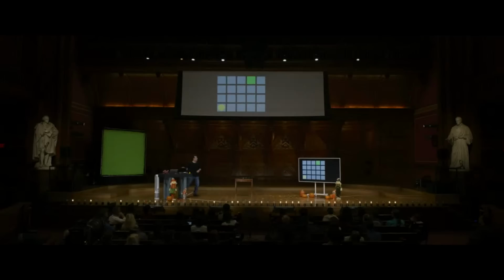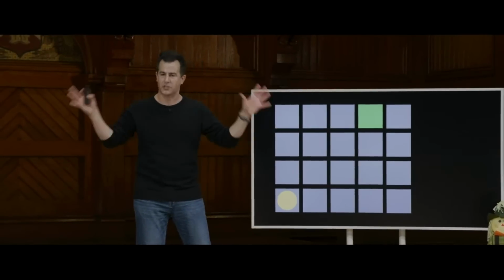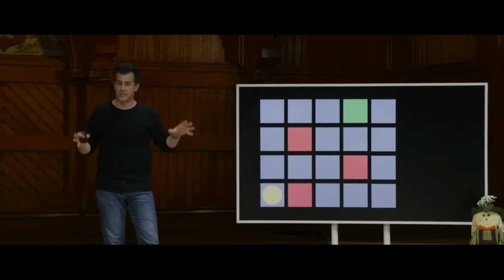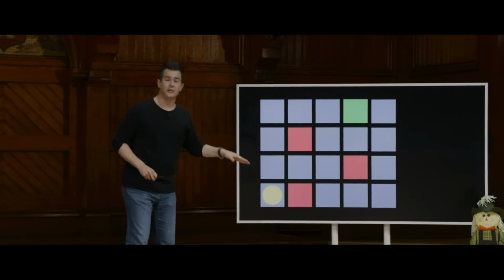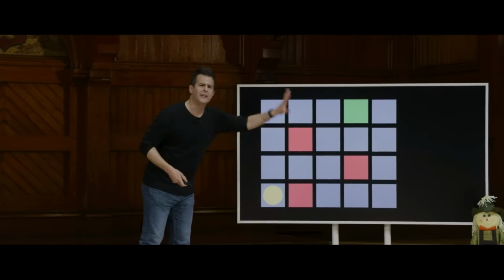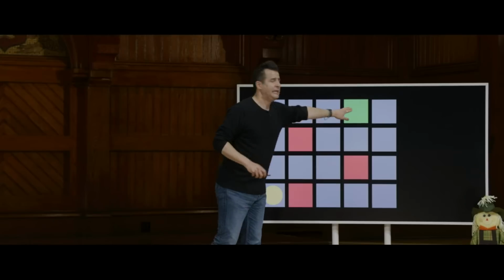Here's another example that brings us back into the realm of games a little bit, but in a very abstract way. If we were playing a game like The Floor is Lava, where you're only supposed to step certain places so that you don't fall through in the lava pit or something like that and lose a point or lose a life, each of these squares might represent a position. This yellow dot might represent the human player that can go up, down, left, or right within this world. I'm revealing to the whole audience where the lava pits are. But the goal for this yellow dot is to get to green.